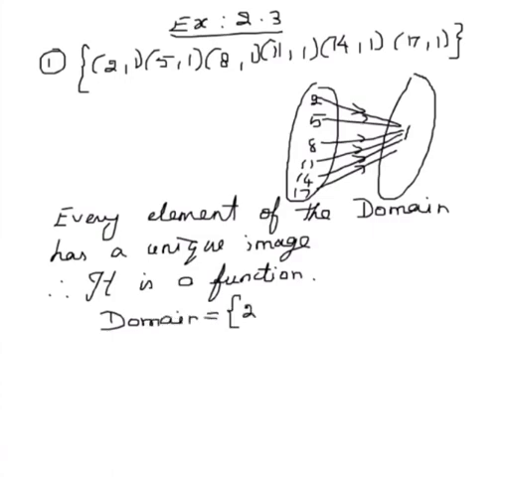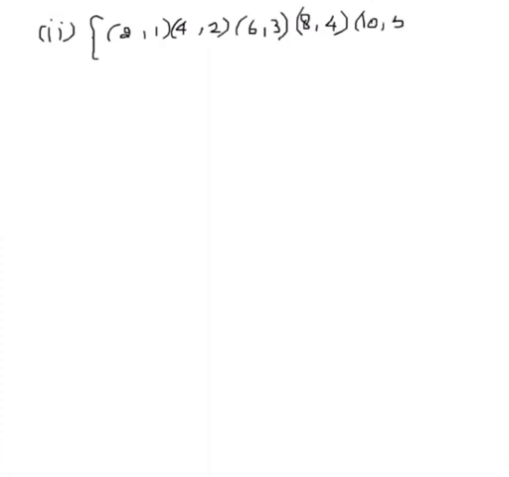So domain is set of all first elements: 2, 5, 8, 11, 14 and 17. Range is set of all the second elements. It has only one image, which is 1. Range has only one element. Second subdivision. Let us write the relation which is given in roster form: (2, 1), (4, 2), (6, 3), (8, 4), (10, 5),